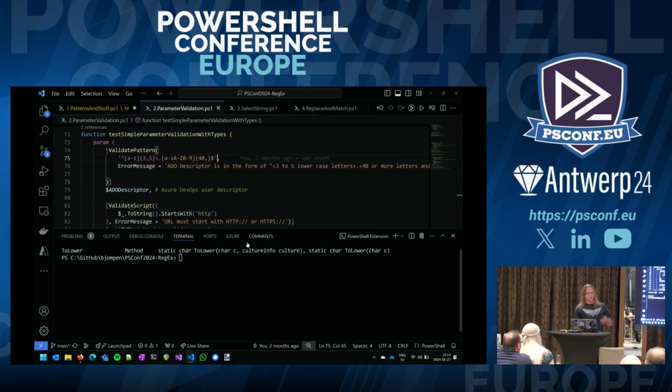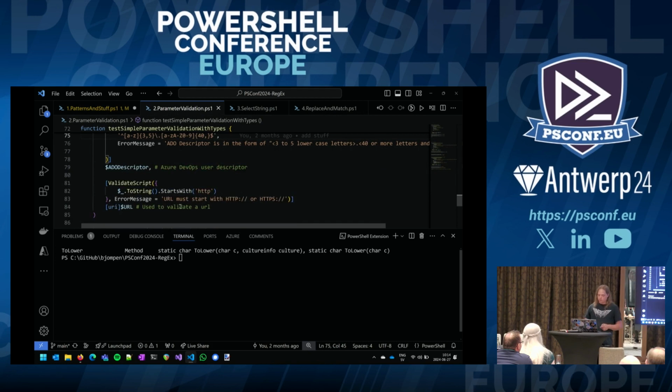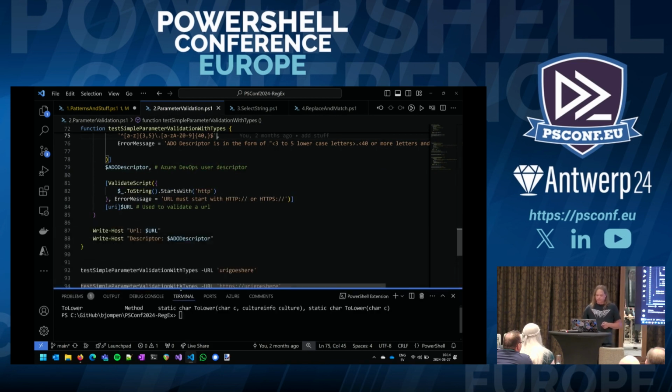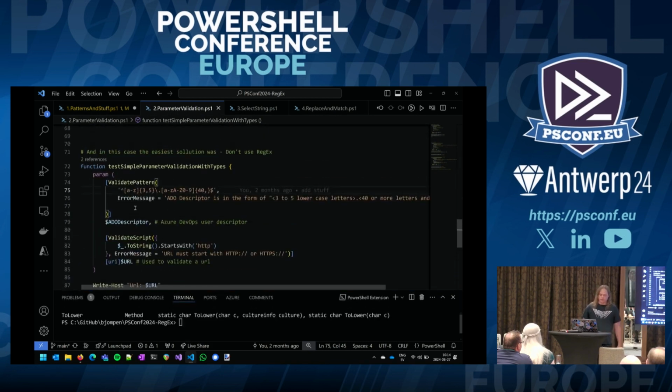Like I said, we're going to look at the different ways of implementing this in PowerShell and the tips and tricks to make regex understandable. And I have here a very short example of a function. It simply takes 2 parameters, and these both are taken from my own code. So if they're ugly, accept it. It's what I do.